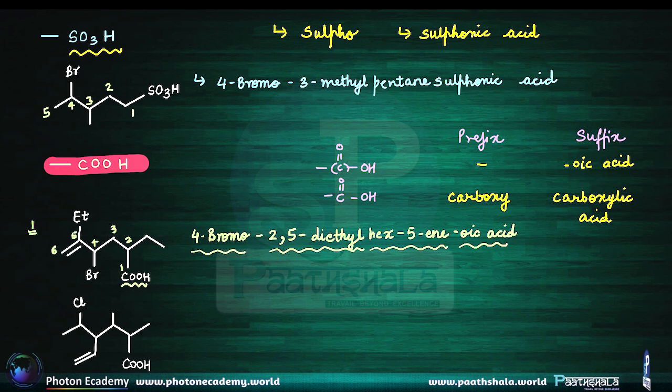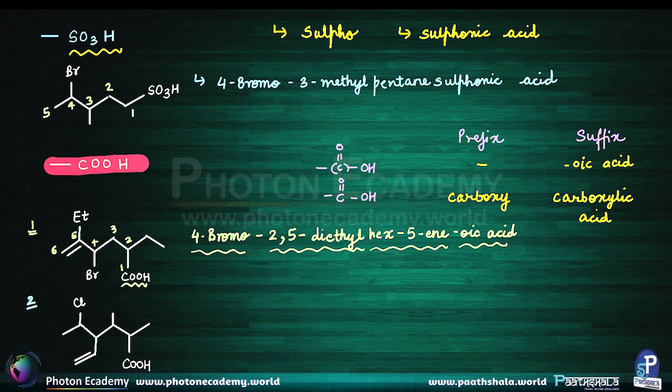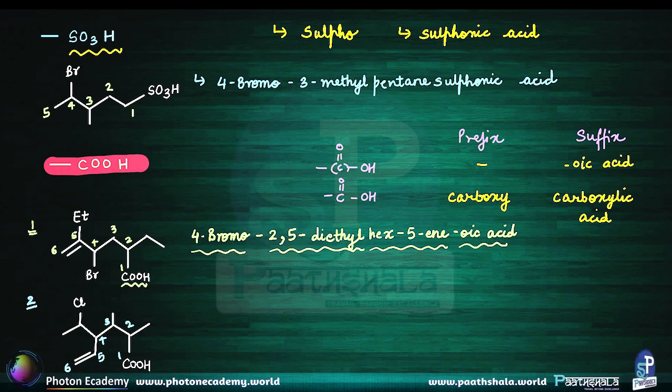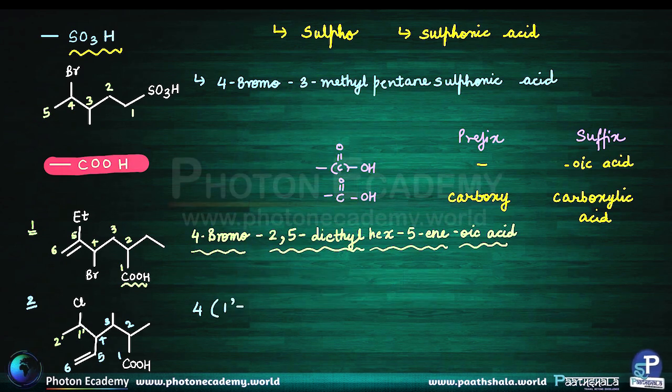Moving on to the second example, the second question we have over here. We start the numbering from COOH, so 1, 2, 3, then we move on to 4, 5, and 6. Now, if we see here, we have a side chain attached at 4, and this we can number it by calling this as 1 dash and 2 dash. How it is going to help us in numbering is, now when we name the compound, we say at 4, so at 4 we have 1 dash where chloro is present, so we write 1 chloro